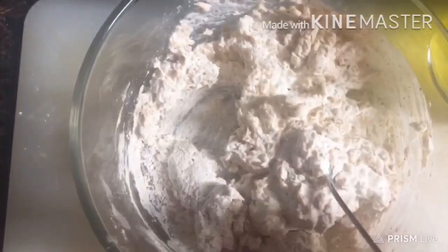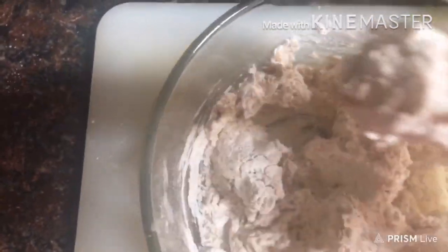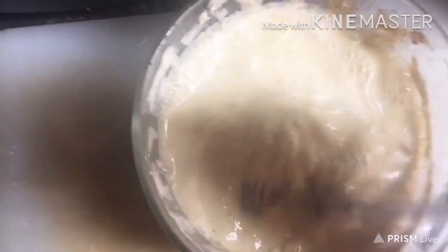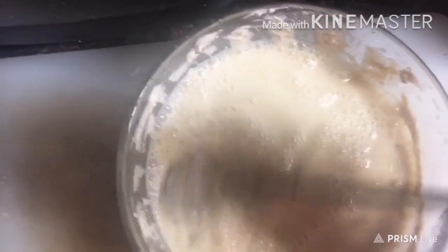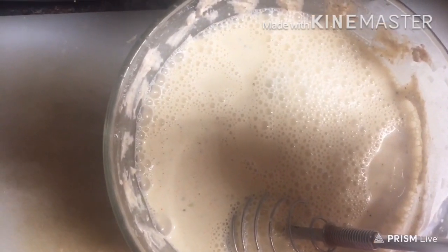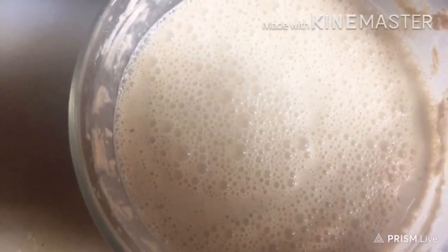And I just want to show you the consistency that you're supposed to get. It's like a paste, okay? I'm just using a spoon right now. I'm going to whisk it, but I'm just using a spoon right now to kind of mix it up. And then I'm going to whisk it before I put in my pickle juice, okay? Just going to show you a little bit of me whisking it up. Eventually it will be all whisked together. Okay, so now that it's all whisked together,